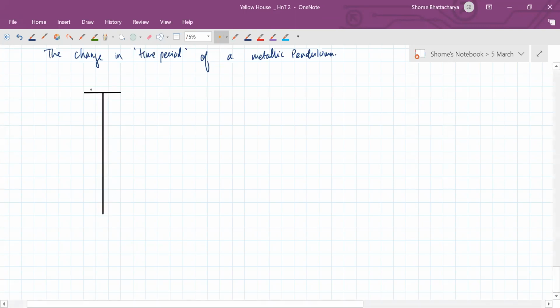So if we have a typical pendulum like this,